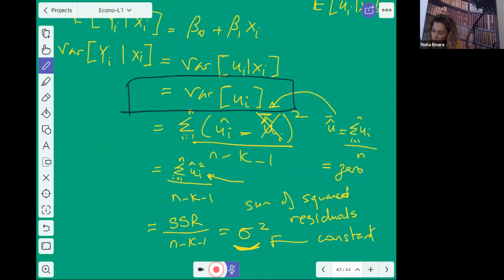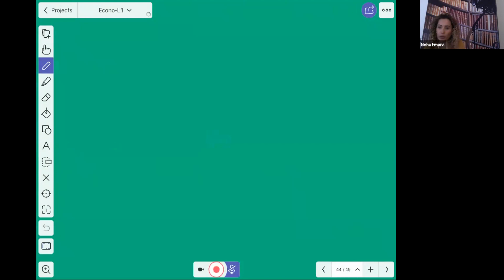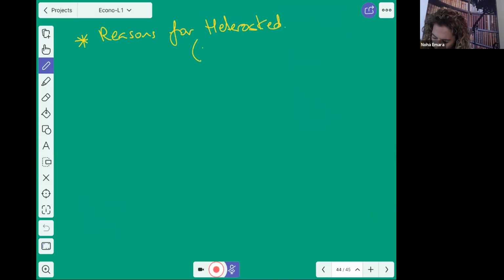Okay, so what are the reasons for heteroskedasticity? There are actually two important reasons for heteroskedasticity. And remember, this is unequal variance. There are actually multiple factors, but let me focus on the two things that we see a lot. If I do have outliers,